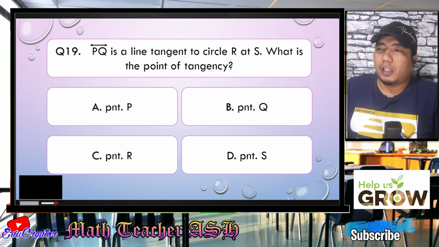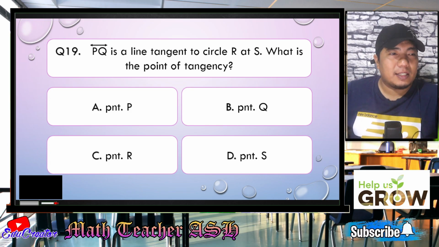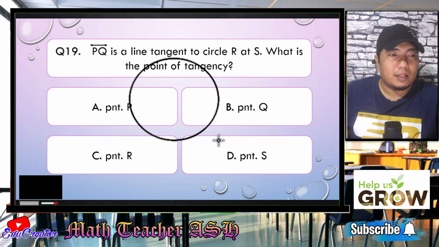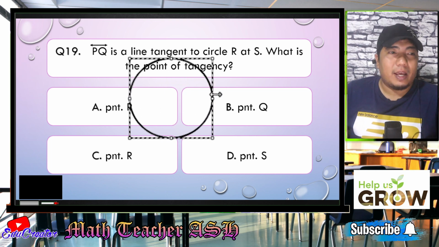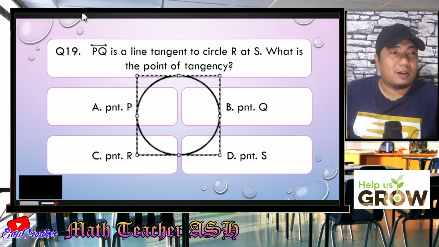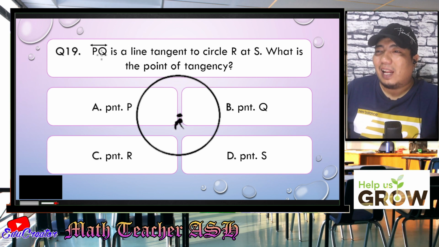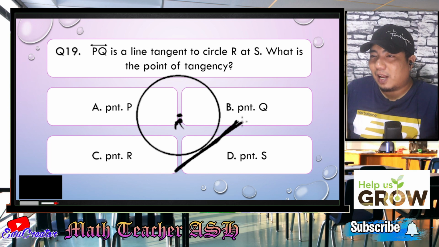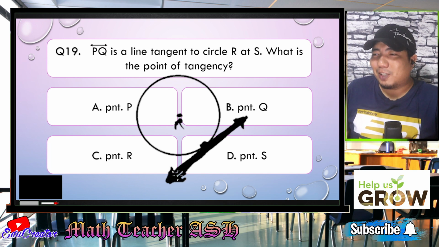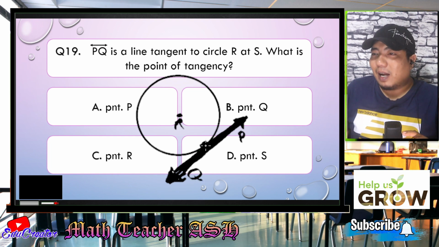So, my dear math learners, if you have a circle and that circle is named R, so basically it looks like this. Okay, so that is the circle, and the middle of that one is R. Now there is a line that is tangent. Alright, so that is the point of tangency. This line, of course, has arrows on both ends. I apologize for my drawing. This line is known as PQ, and they meet at S.